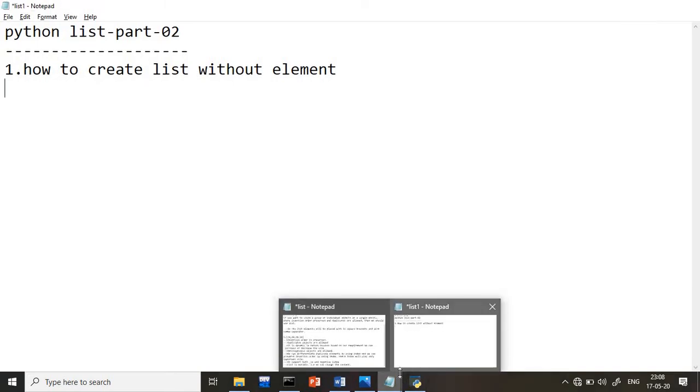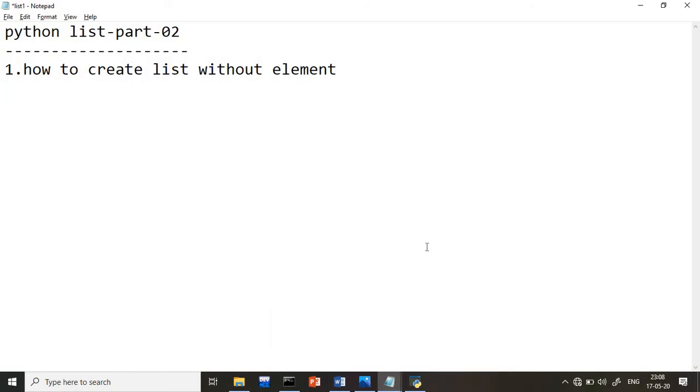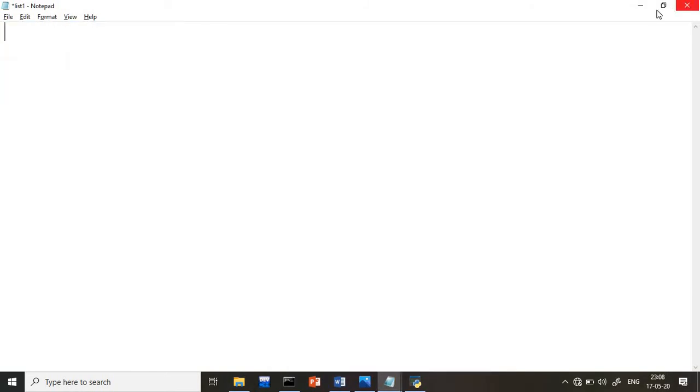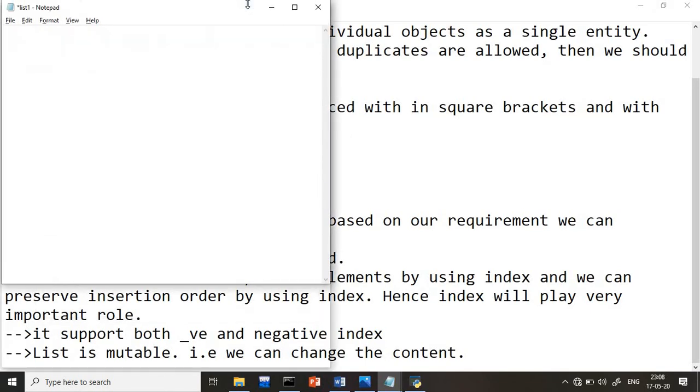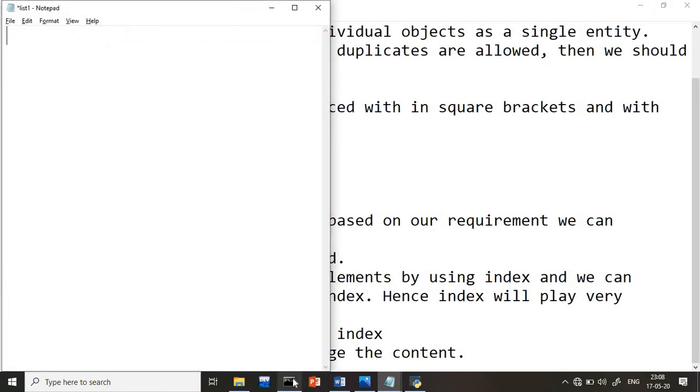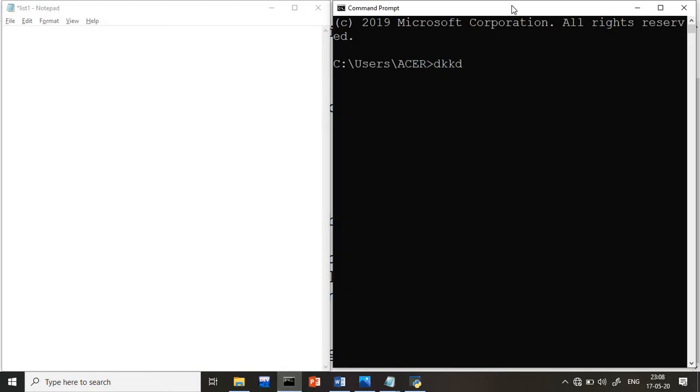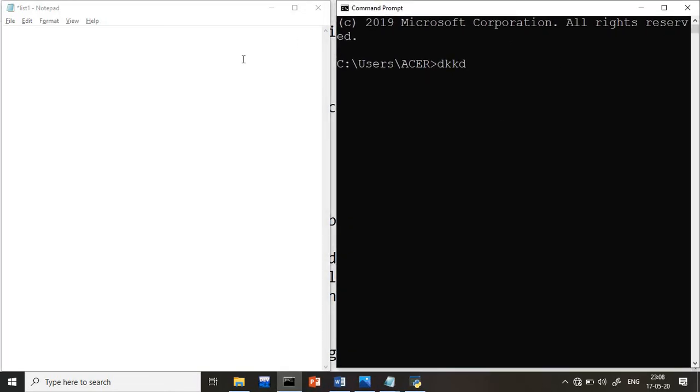So what I'm going to do is create one notepad. Now side by side I will open both the notepad and our command prompt. Now I will type here. First of all, I will create a list. Guys, you can work directly in a Python IDE also, but I always prefer the notepad. Even in the future, I am going to start with PyCharm also.